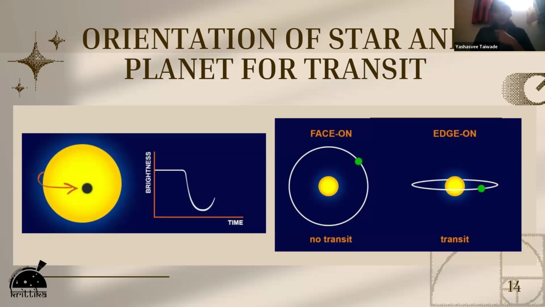And in real life also we can observe transit. We do observe a transit when Mars or Venus comes between us and the sun as it revolves around it, and at some point we do observe a transit there as well. So just a real life example. All are real life ones.